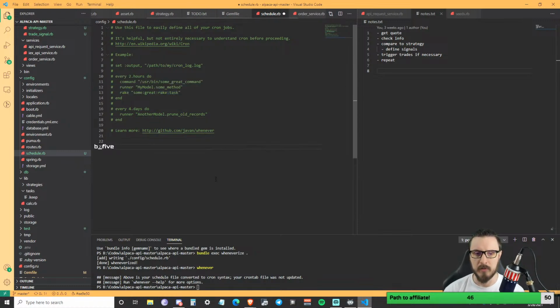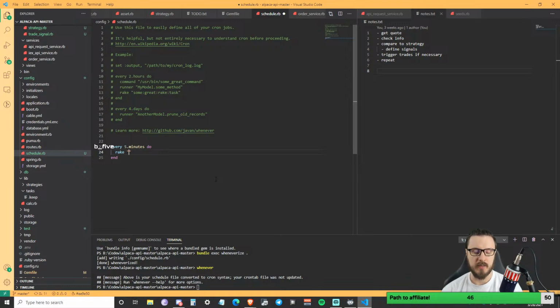So really, what I want to do is say every 5 minutes, I want to say every 5 minutes do, of course, and I'm going to make a rake task, and it's going to be called